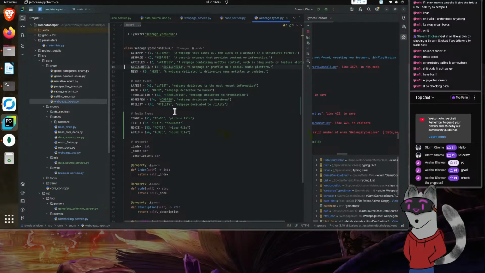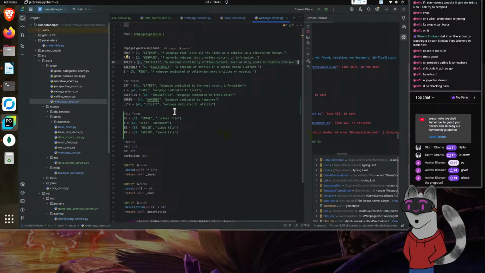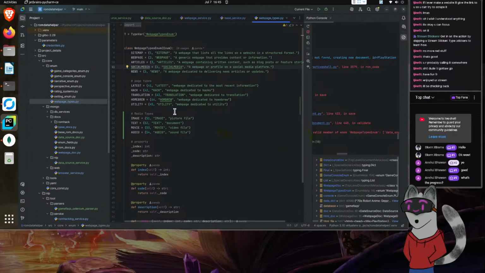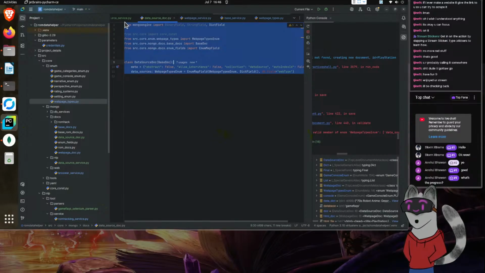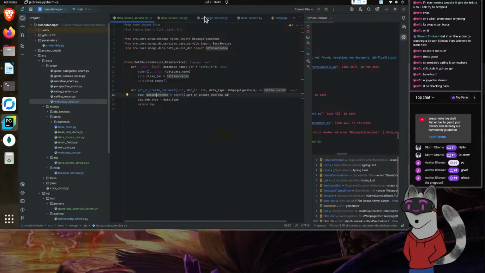An article contains written content, such as a blog or feature stories. Actually, I'm going to say that the game section is an article. I think that makes a bit of sense. At least somewhere in my brain it makes sense. I might absolutely despise it later. We can figure that out when that happens. For now,